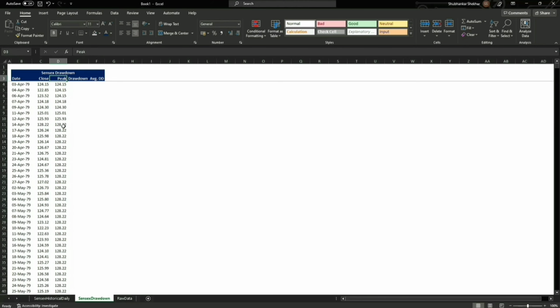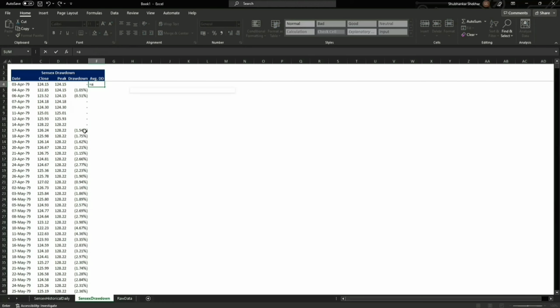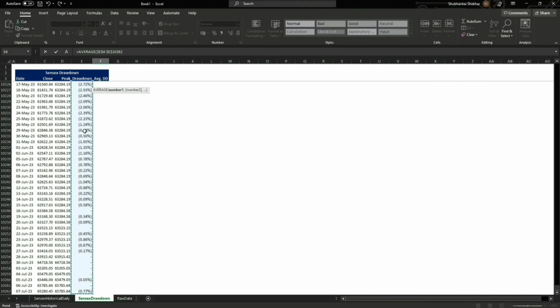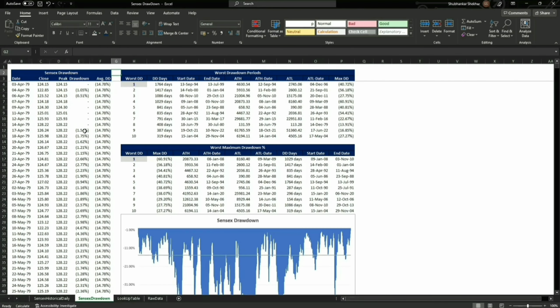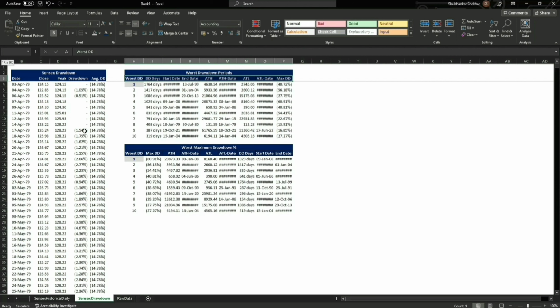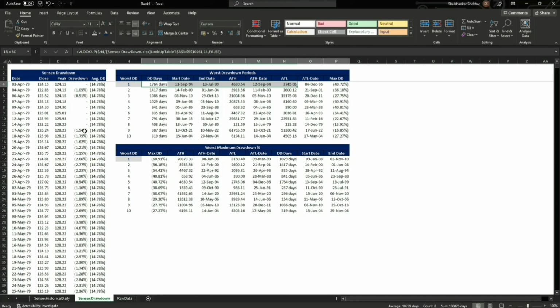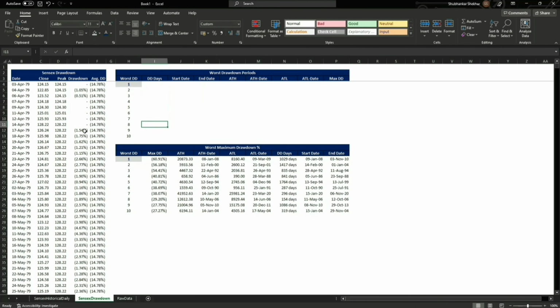So with this we got our peak. So now drawdown, I'll simply copy this from here so that I don't have to format it again. Close divided by the peak minus 1, and here we have the drawdown, and here we are going to calculate the average drawdown, anchor it simply. Again I'm going to copy the headers from here, right? And we're going to delete this because we will be calculating this from scratch.